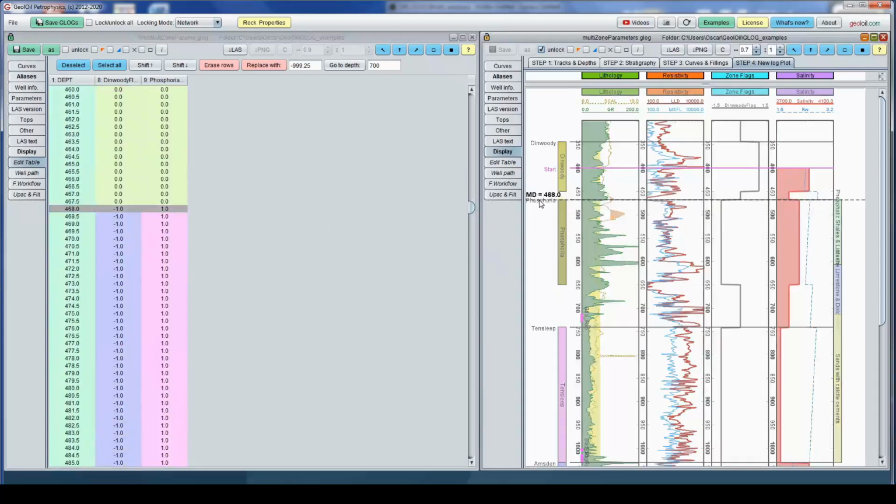We have 468. This is Phosphoria. So what happened with Dinwoody? Well, I know it is not Dinwoody, so it is -1. I have the knowledge that it is not. And Phosphoria is +1. That means I know this is Phosphoria.